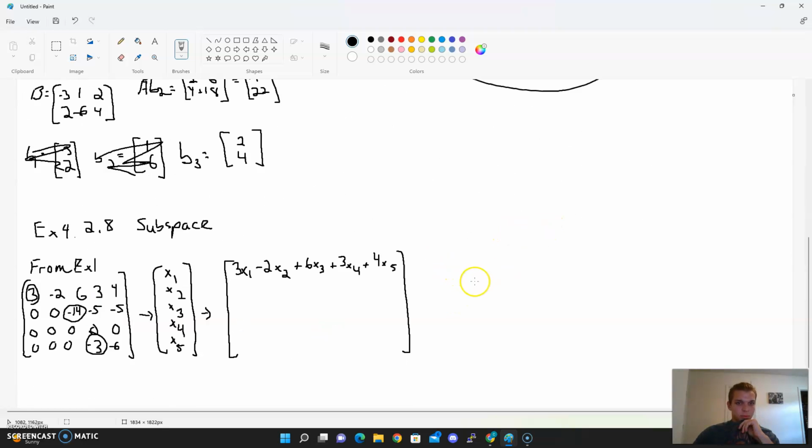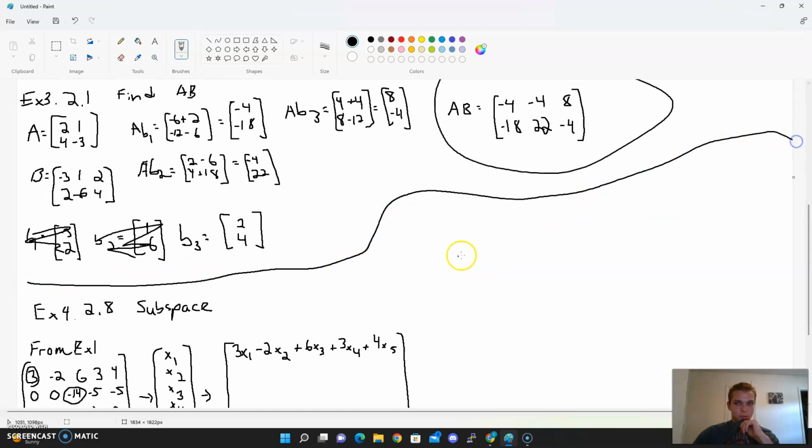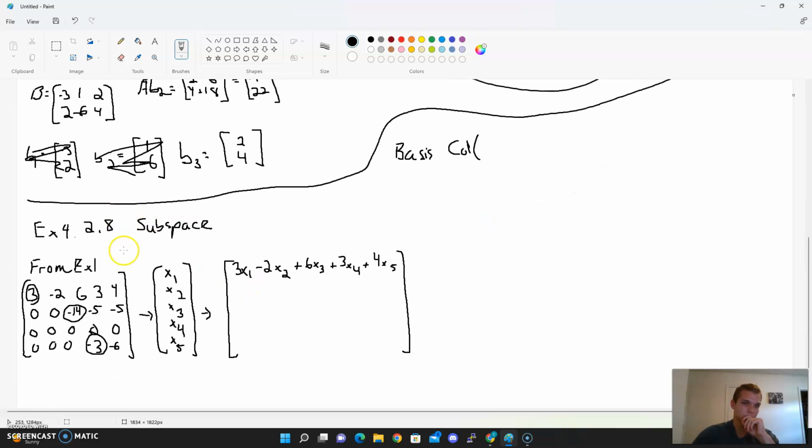So we'll go right here. This is the basis of column space of, we'll call this matrix A. This matrix equals A. Basis of the column space of A equals,